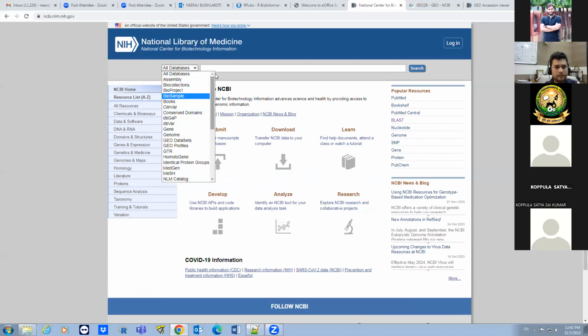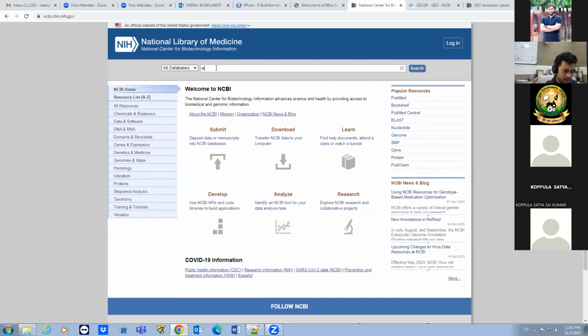Suppose there are a number of things available at NCBI. Suppose you want to see the genome data, just type wheat. You want to see specifically Triticum aestivum.